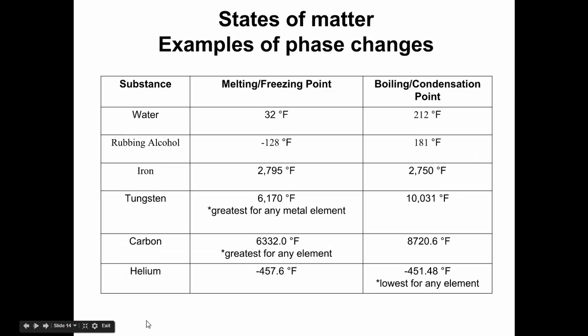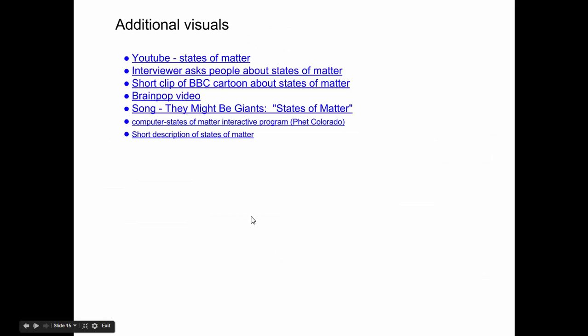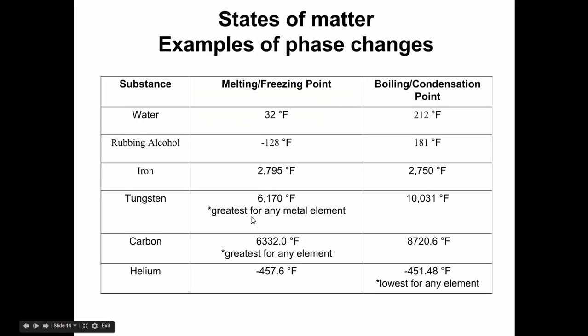And here are just some examples of freezing points, melting points, and boiling or condensation points. So if you look at them, tungsten, for example, its melting point, freezing point, is 6,170 degrees Fahrenheit, which is the greatest for any metal element. And carbon, just a little bit greater than that,